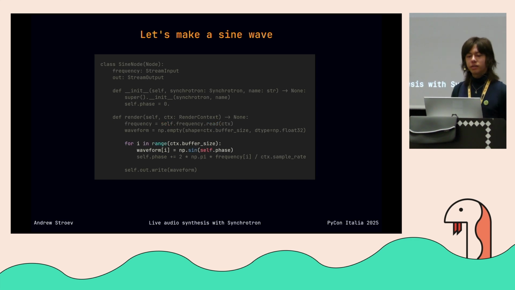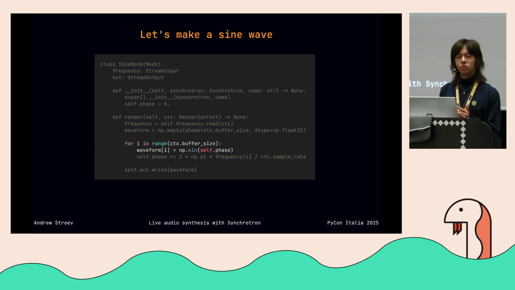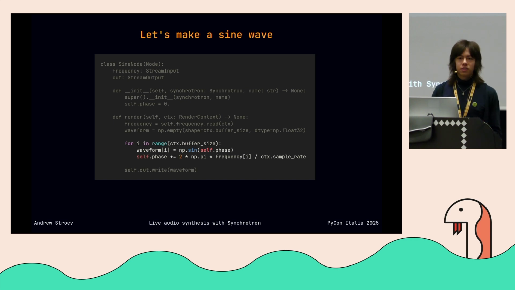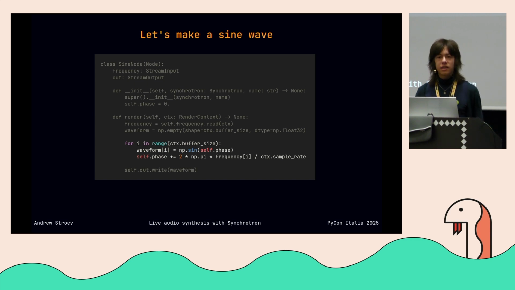And we're going to say, for each sample within that buffer, we are going to take the sine of the phase and write it to that buffer. So we're computing just this buffer at the moment. This isn't being written directly to the speaker, because that's where you get all sorts of nasty, garbled audio. All we're doing is we're going to compute the sine of this one sample, and then we're going to increment the phase. So we're increasing the phase by 2 pi, multiplied by the input frequency and divided by the sample